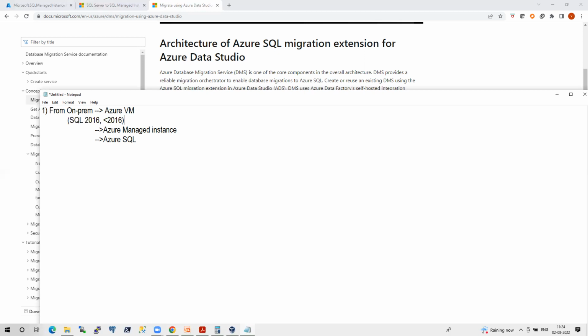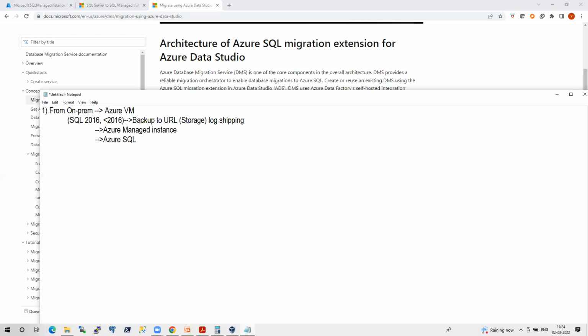So even if you are driving it from on-prem to Azure VMs, where everything is supported, if you are on 2016, just think about distributed availability groups. That is the best approach. And if you are on less than 2016, then we can think about other scenarios like what you said. Maybe backup to URL is one, I mean backup to storage, URL means storage. And we can think about log shipping and maybe some other techniques.